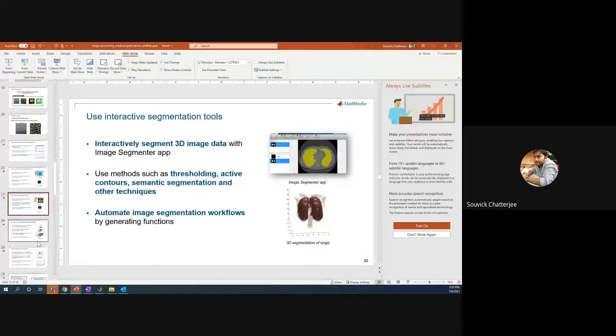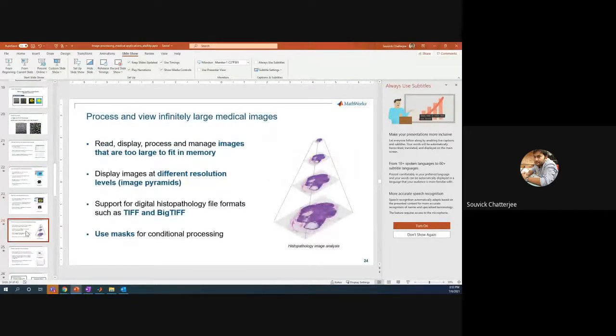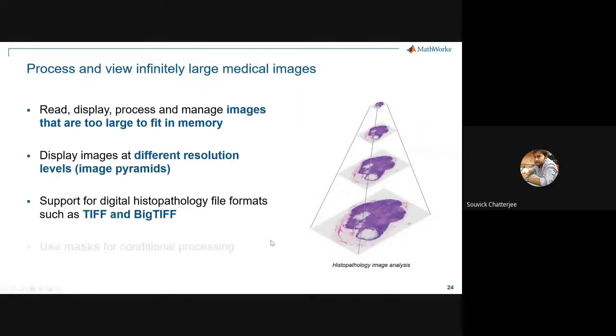So we talked about these types of things, and there are multiple different ways by which you can make things work if you have big images. If you have big images, there are certain things which can help you. One of them is the datastore option. Datastore is a great option, such as image datastores, typically used to read images of bigger sizes.